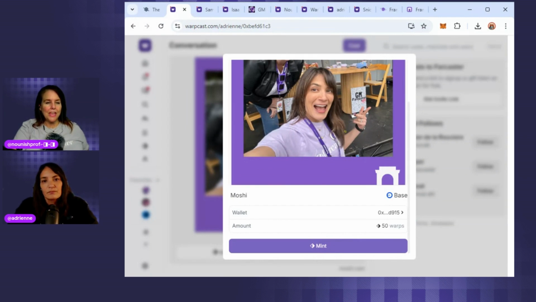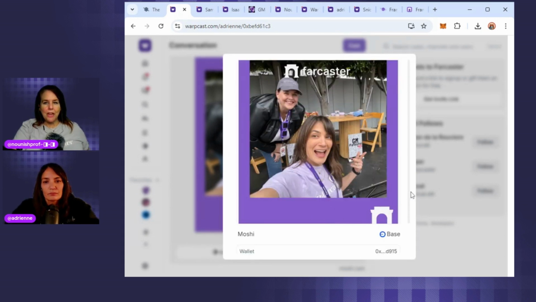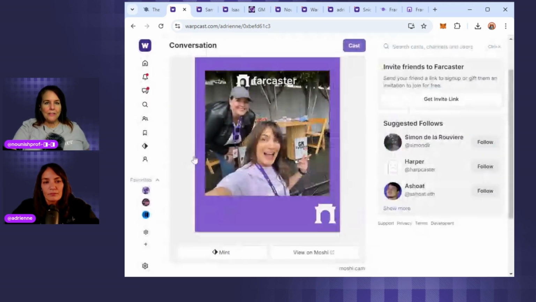It is the currency that was created by the Merkle team to be used only within Warpcast, and it does not change in value. It has no speculative value and has various use cases, one of being minting NFTs or things like MoshiCam. So you can mint directly in this little frame,